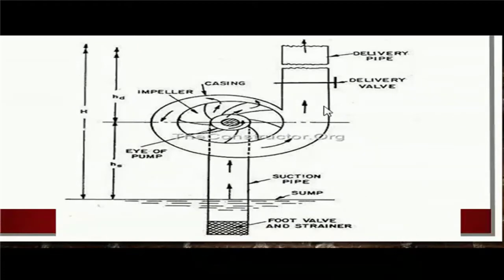So this is the plot of centrifugal pump. At the bottom of a suction pipe, there is a footwall and strainer. This is the sump level, or we can say a small reservoir. This is the eye of an impeller, and as you can see, the cross-sectional area of a casing is gradually increasing so that the pressure energy of the water will also increase. Okay, so let's see the demonstration of centrifugal pump in fluid machinery lab.